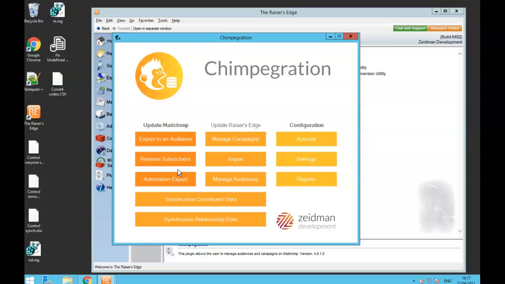Today I'm going to show you how you can work with the consent area of Razor's Edge when using both Chimpegration Pro and Chimpegration Cloud. So the first thing you'll need to do is to set up the combination of channel and categories that you want to use with Chimpegration in your business rules, and also any solicit codes that you want to work with as well. Once you've done that, there are a few different ways that you can manage consent from MailChimp into